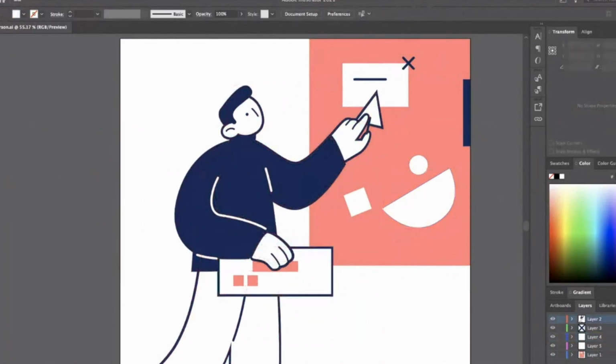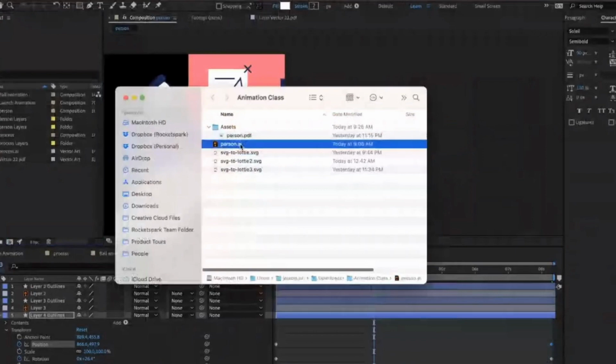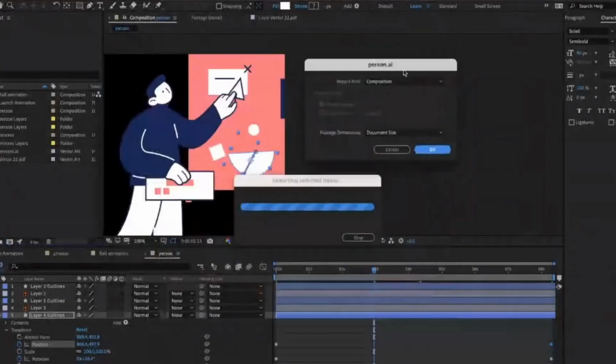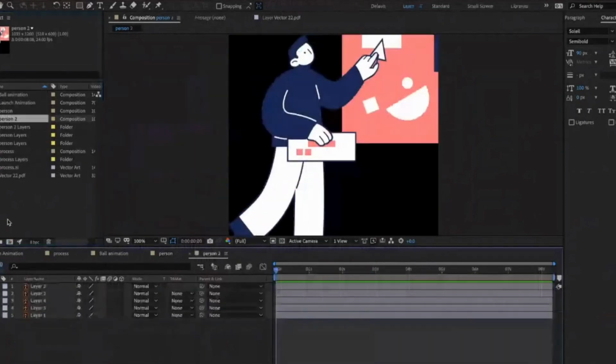And so it's just a matter of, in After Effects, just dragging your Illustrator file on there. The best way I've found is to import it as a composition. If I open this up, you'll see those different layers have imported from the Illustrator file. And one really important point at this point is labeling your layers, definitely. When you're having to animate across these different layers, it can get really confusing really fast. So that's a really good point.